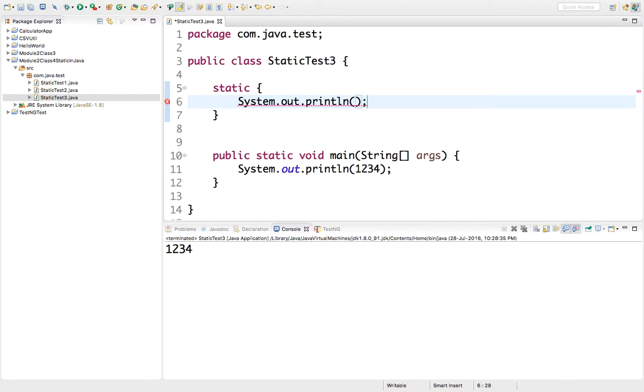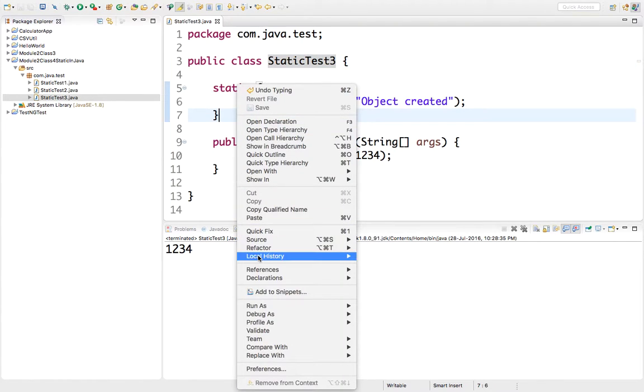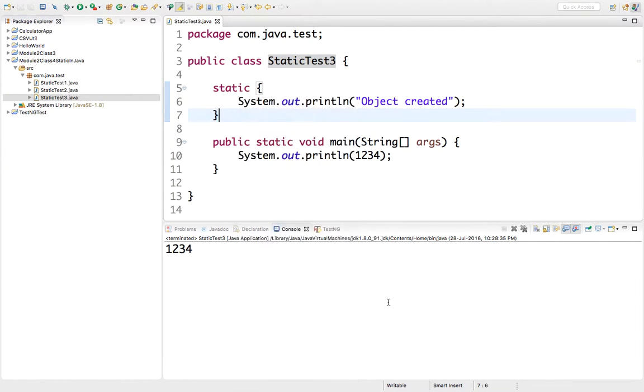Sysout: object created. So as we have learned, the main method is the entry point of the class. Now let's see what is happening. When the object of static3 class is created, then this should be printed. Run as a Java application.